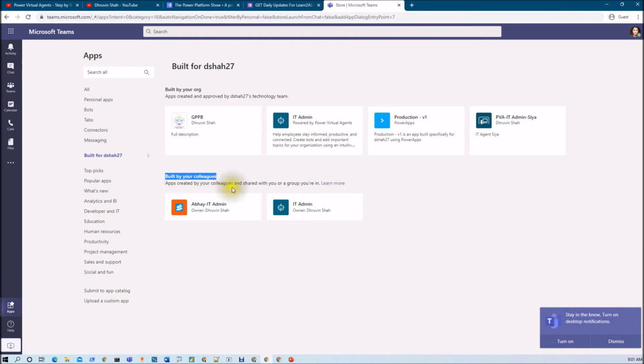So Tejal will be able to see this particular app in this section. All the users who have access on Teams and for whom the chatbot has been built will be able to see the app in the built by your colleagues section. Other users will be able to see the application in the built by your organization section. Right, so I hope this is clear for you now.